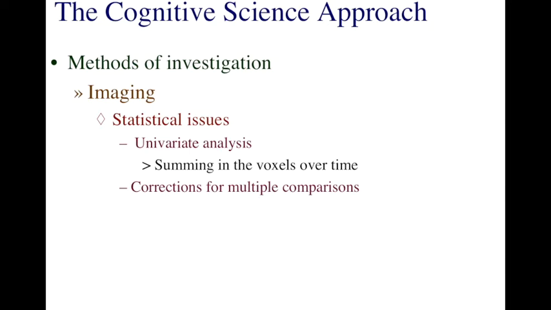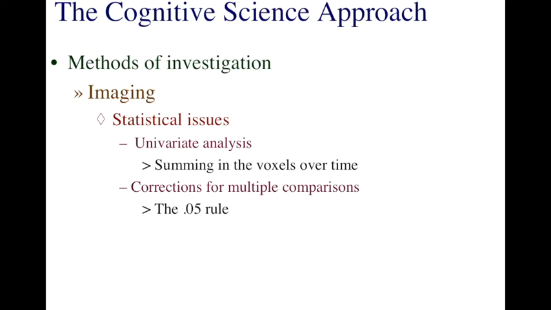We want to make sure that the activity that we're picking up is actually due to the processing that's being performed. To do that, we tend to use a statistical rule where if the probability of something happening by chance is less than 0.05, we assume that it didn't happen by chance,